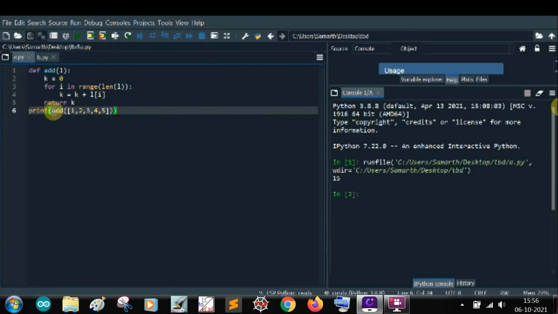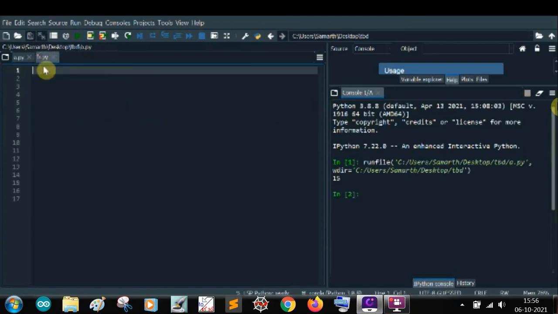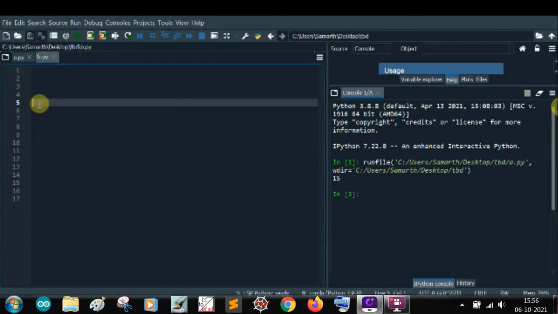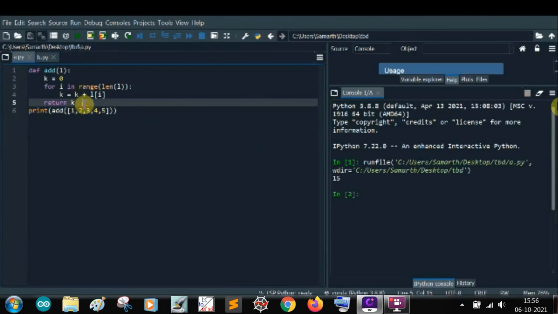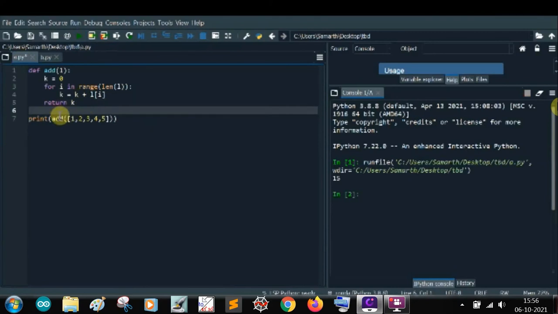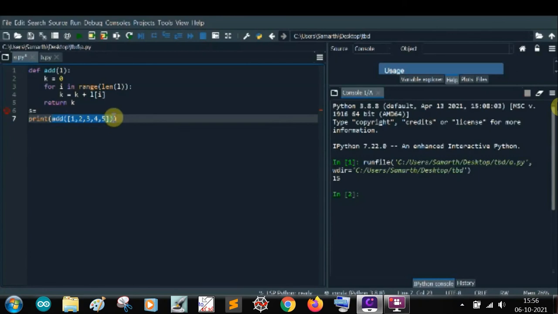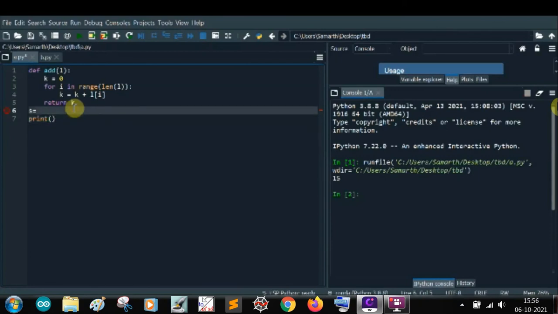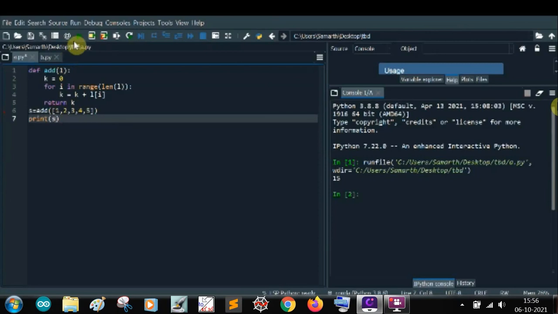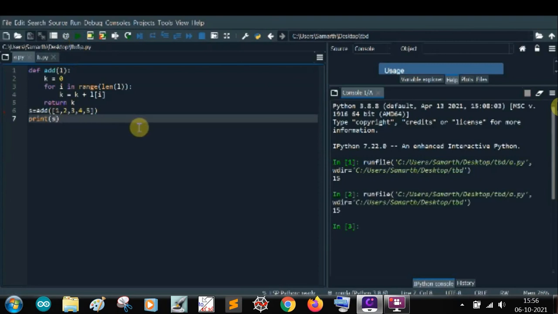Yes. To make it less complicated, we can just write s is equal to this, the sum of this, and we can use this variable wherever we want. We'll just write print s, and it will give the same output.